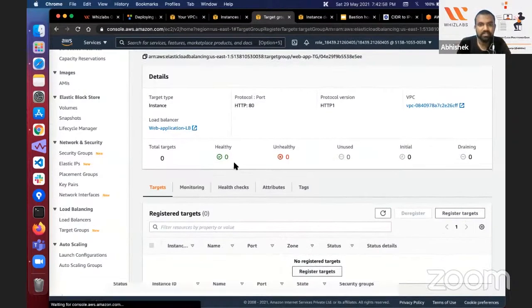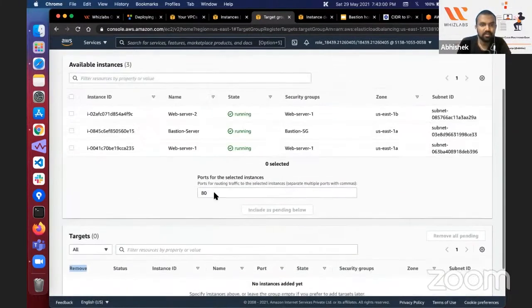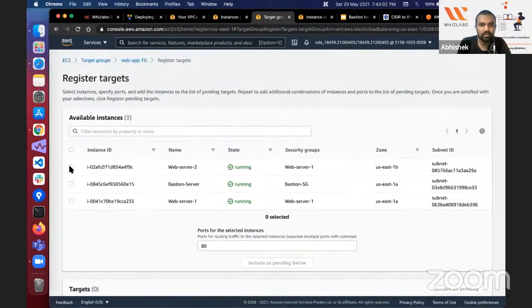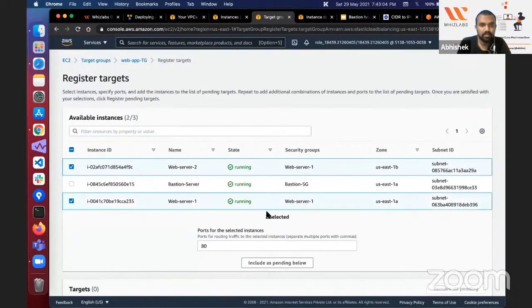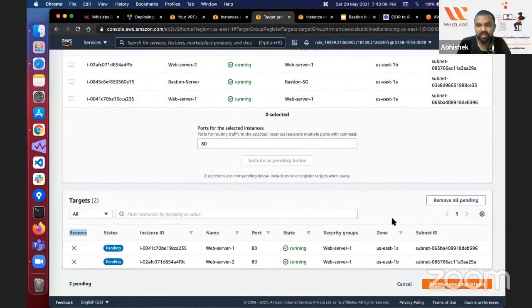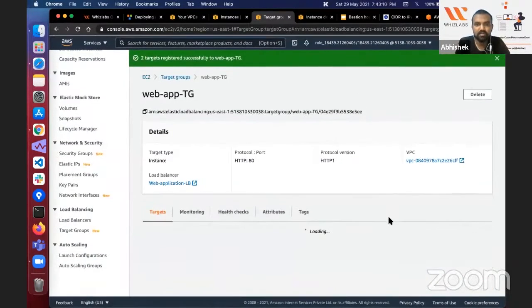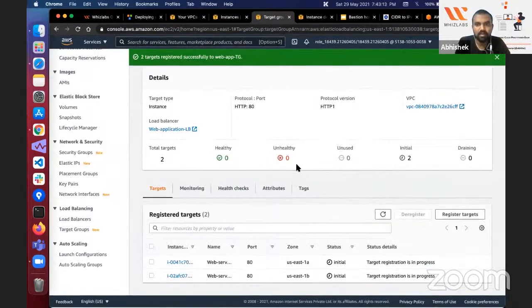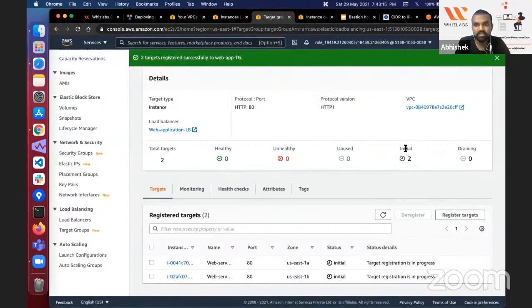Okay, I did register them. So I will register them as pending. Now it is in initial state where it is trying to ping my EC2 instances. Till the time it registers this target,